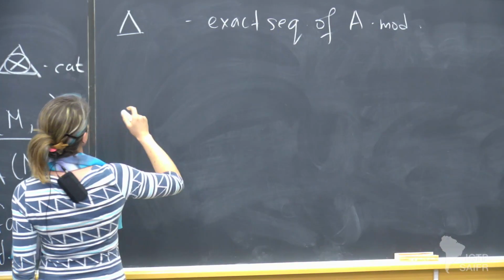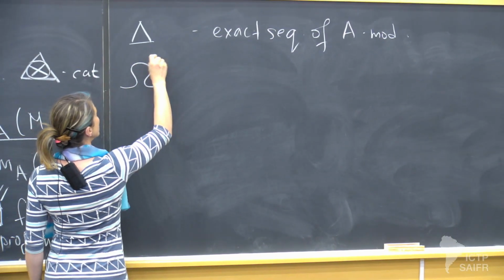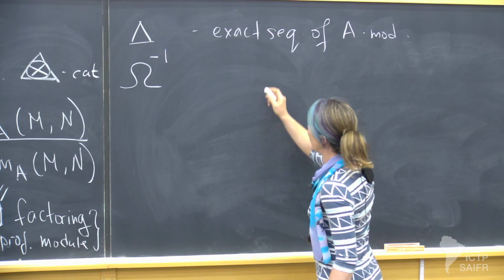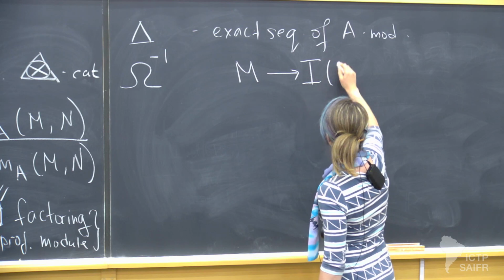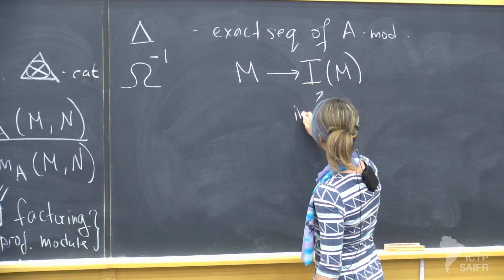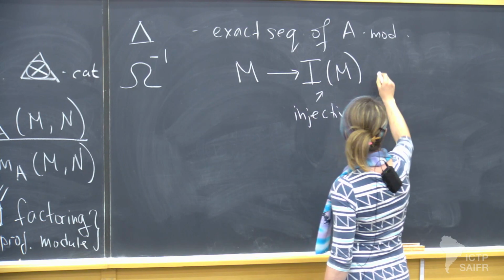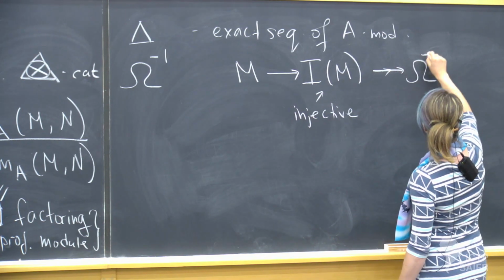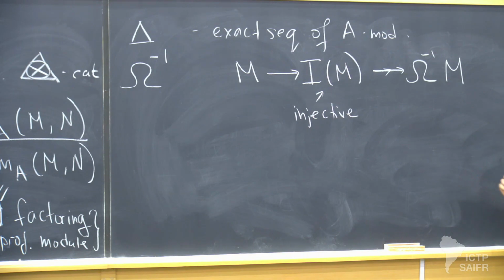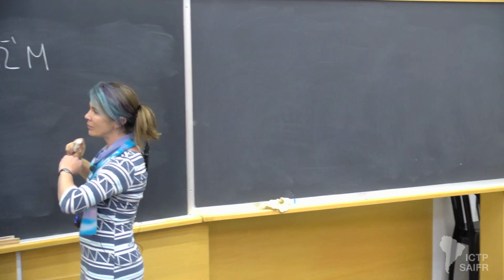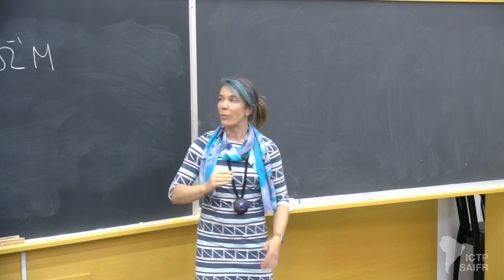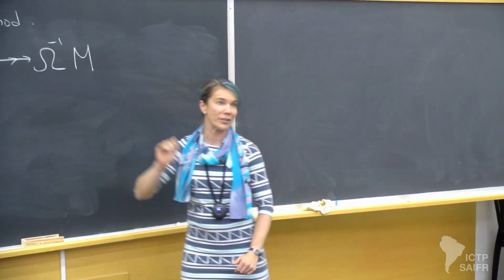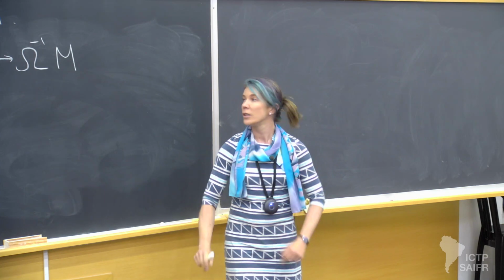To give a triangulated category, I need triangles and I also need shifts. So shifts are defined in the following way. If you have an A module M, you construct an injective envelope or an injective hull, and then you take the cokernel and call it omega inverse of M. That's the shift in my triangulated category. If we think in terms of commutative algebra, there we look at derived categories and they have shifts. Basically, this is the representation theoretic answer to that. That's how we're going to shift modules homologically.